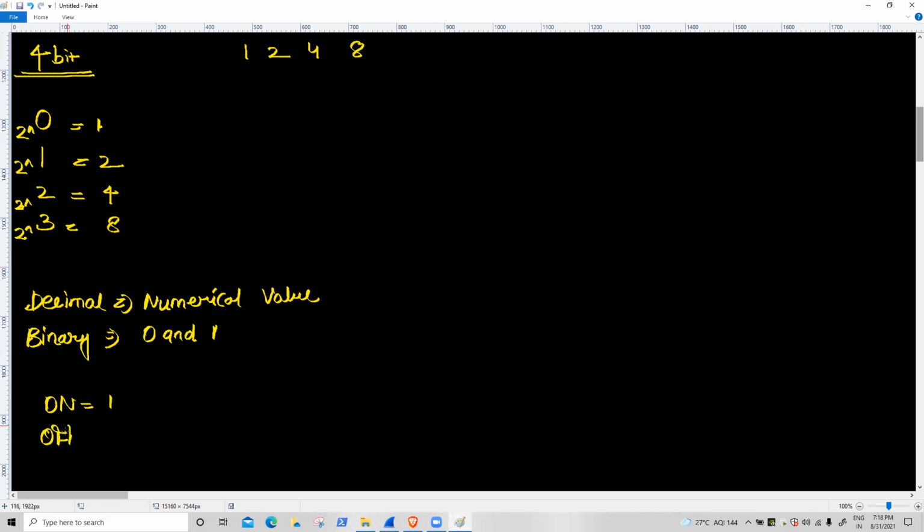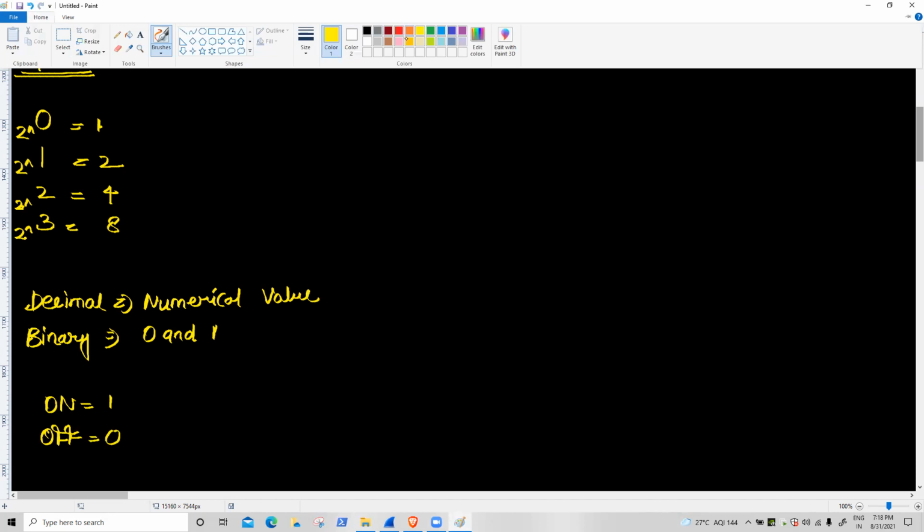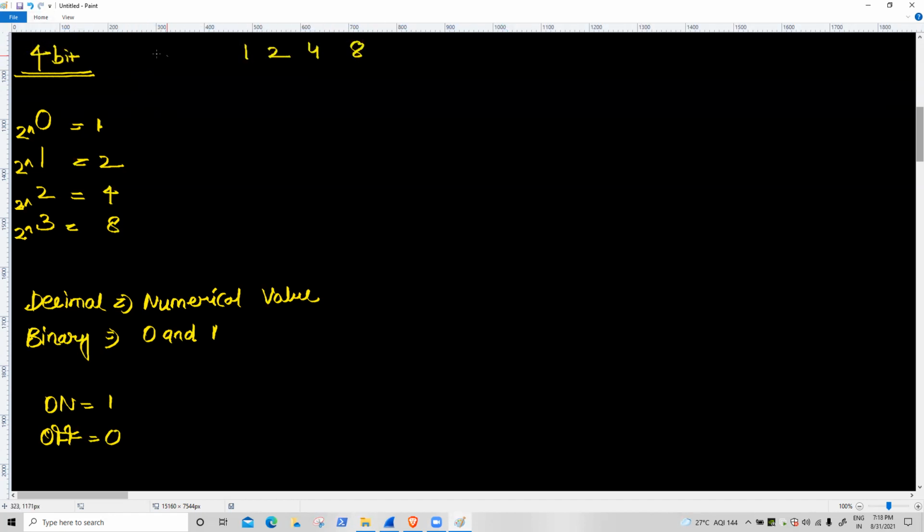If I call off, that means 0. Clear? Suppose this value is fixed. So right now we are learning from decimal to binary. Very simple. Here we write down the decimal value, and here we write down only 4-bit values: 1, 2, 4, and then 8.